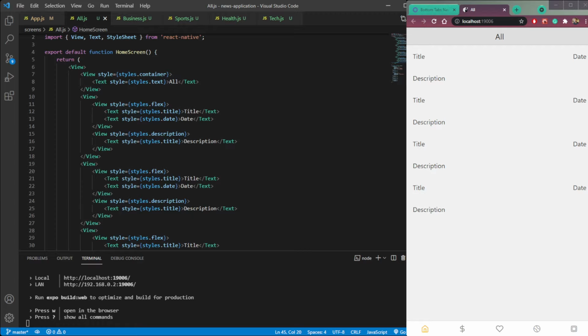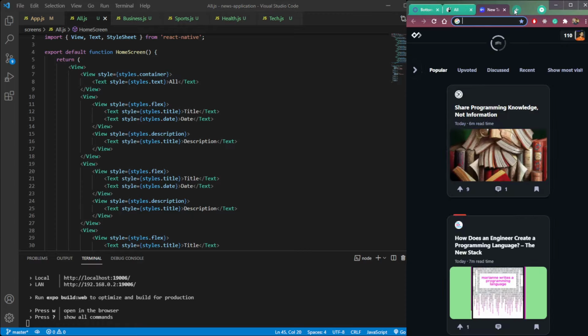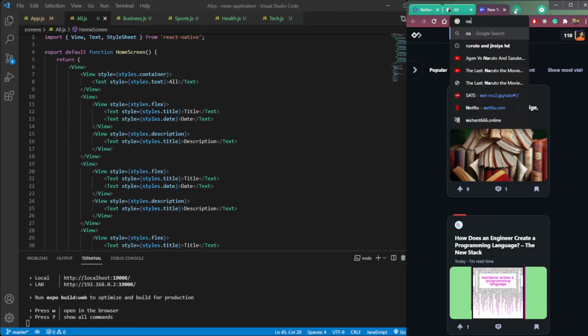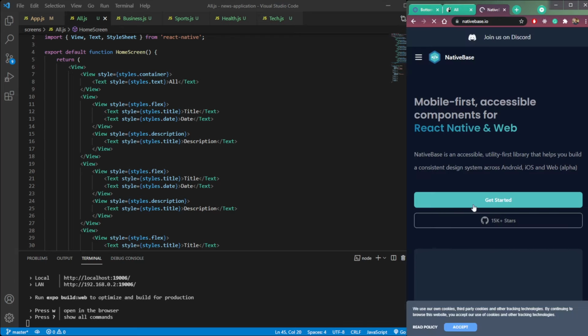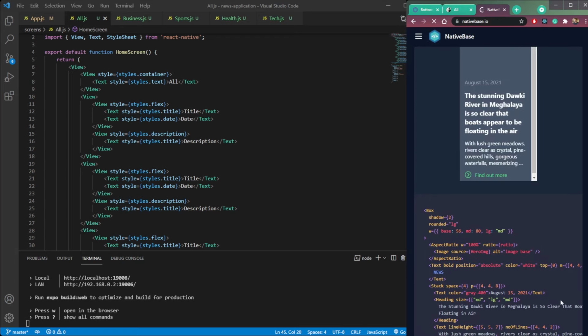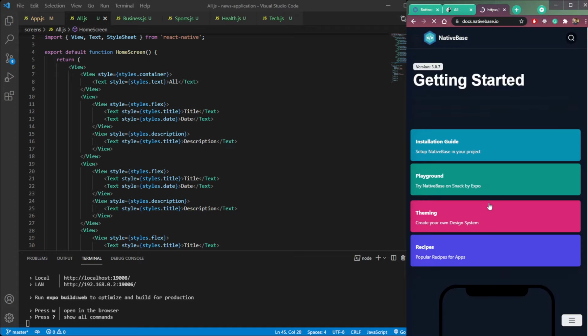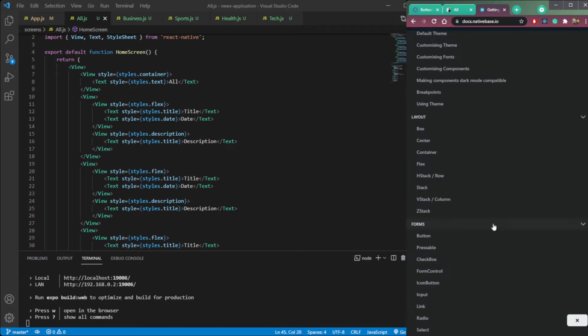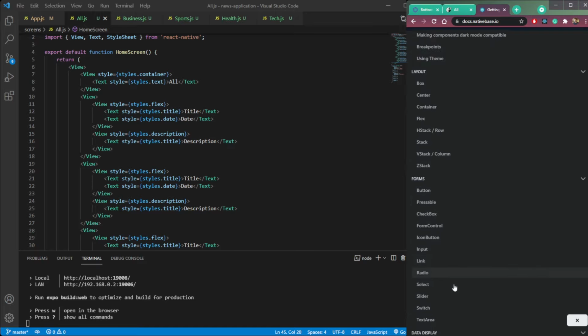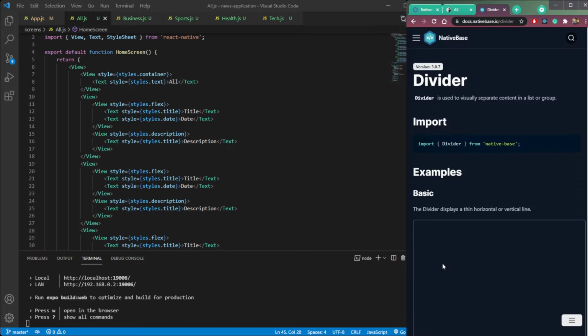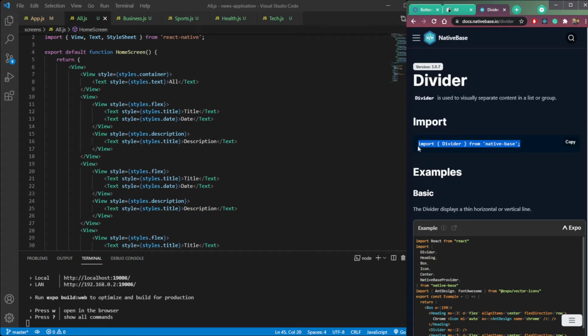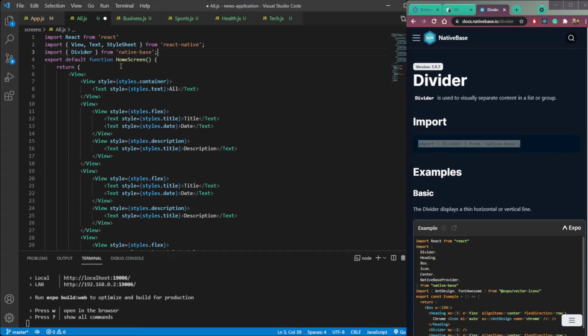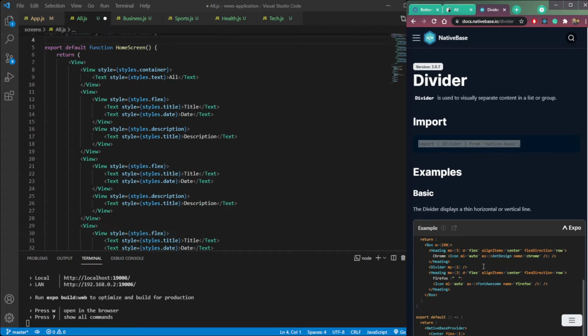So let's open this new package that we installed, Native Base. And here let's select get started, click here, and let's select divider. Then import the divider from Native Base and just use it like this.